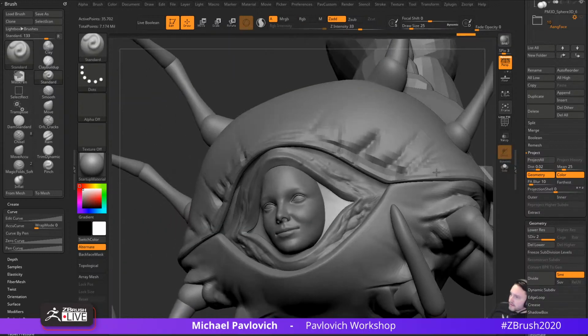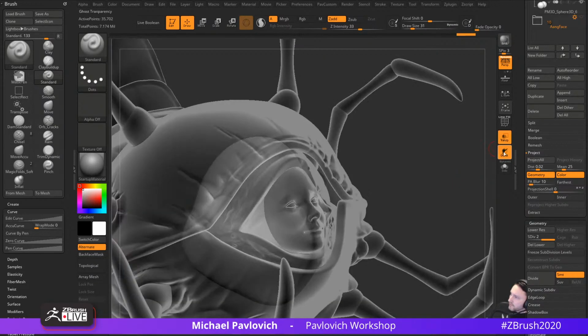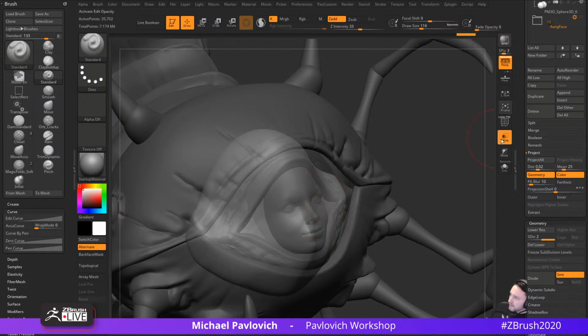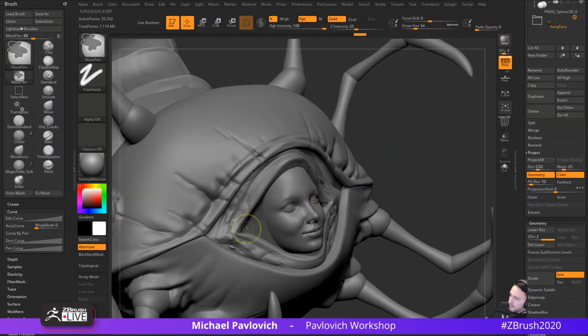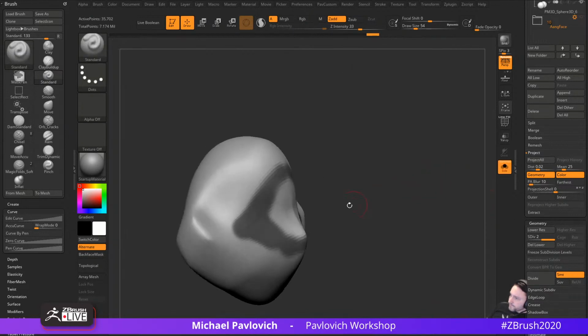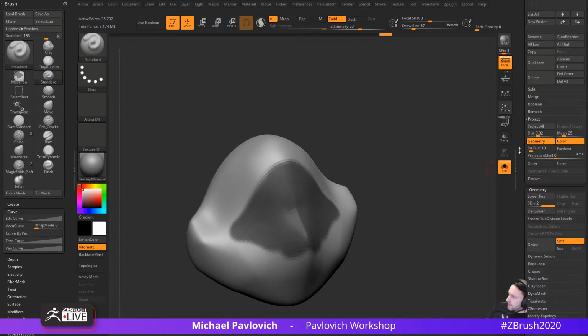And you know what? This is also a bit much. We have a whole lot of geometry back here we don't really need. So let's turn on transparency. We don't even need to do that. Let's go through here. I'm going to mask around her head where I know that geometry is going to be. So this is all I really need right here. And maybe, you know what, we can also go in here to like